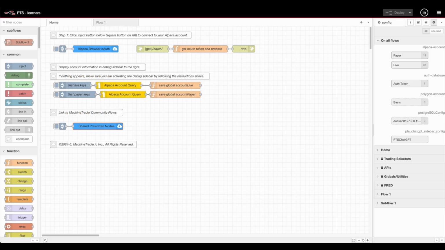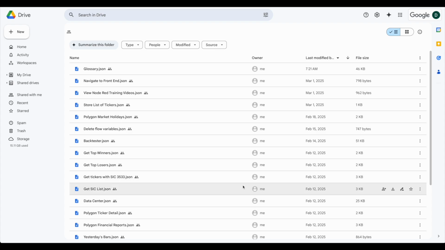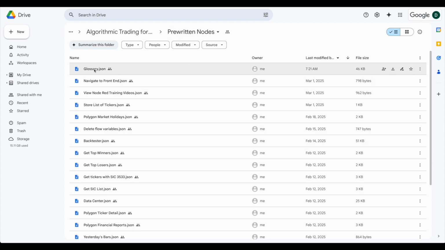So in this lesson, we're going to show you how to work from a glossary of useful nodes, show you the kinds of nodes that will be very common in terms of building your flows. So to get the glossary, we go to your homepage and then click the link to the pre-written nodes here. That will bring you to our pre-written nodes shared folder. Click on, and we're going to download the glossaries